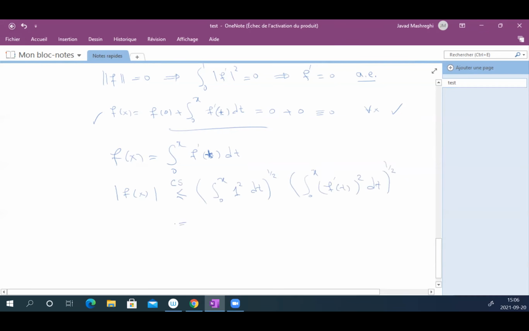And the first one gives us root x, the second gives us the integral from 0 to 1, be generous, right? Integral from 0 to 1 instead of 0 to x, the same thing. And we obtain root x times the norm of f in H. So evaluations are bounded and we have just one